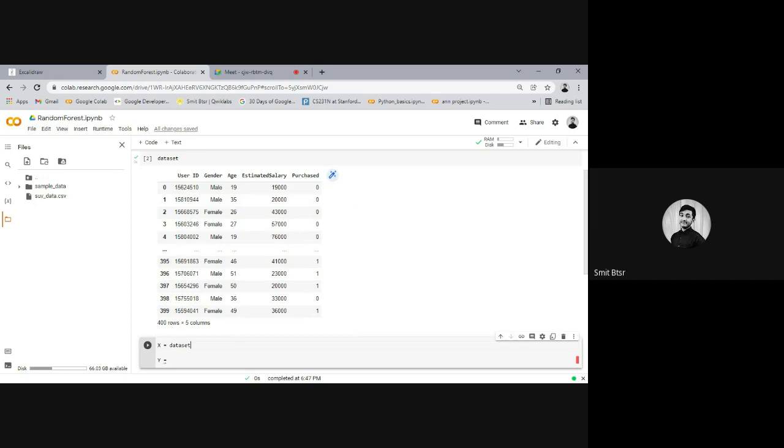See, there may be lots of data, but not all the data are valuable. There is so much data, but not all of it is useful. In some cases they might be useful, and in other cases not. So if you want to find a purchase, should we consider all of these columns, or should we omit some columns? What do you think? You can write in the chat box.